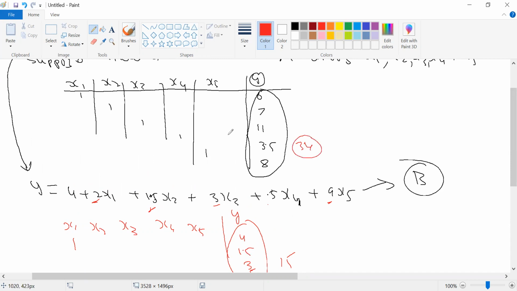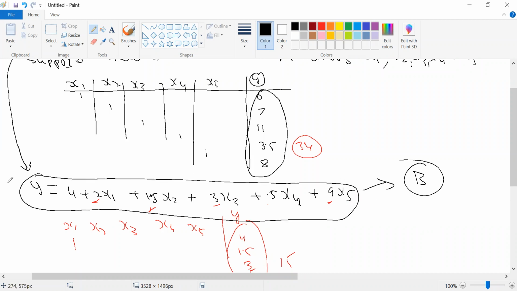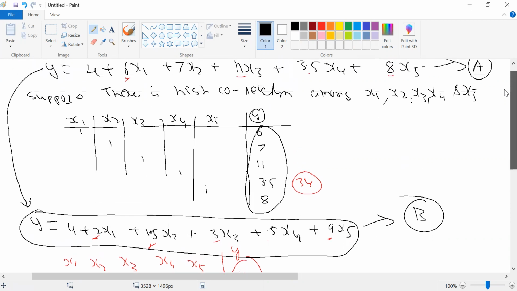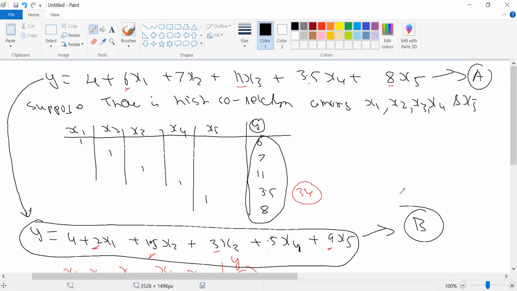So do you notice what the problem of multicollinearity was? The problem of multicollinearity was that a small change in x will result in a very large change in your y. Can you notice? The real problem was that a small change in x results in a large change in your y. So if you compare A and B, the problem of multicollinearity is getting diminished in your B compared to your A. Change in x still has a change in your y, but the magnitude of change is limited.